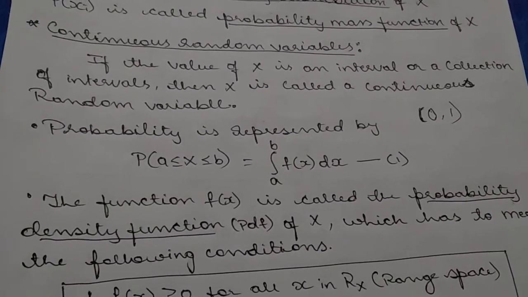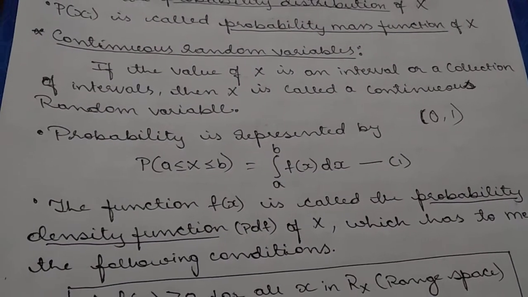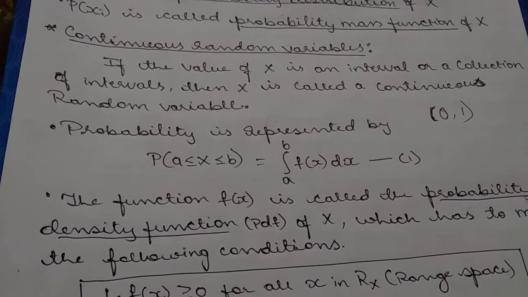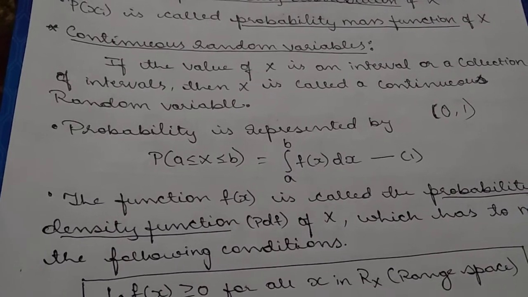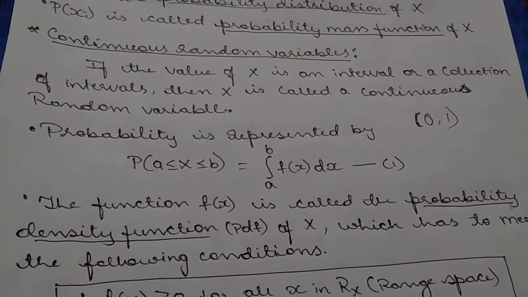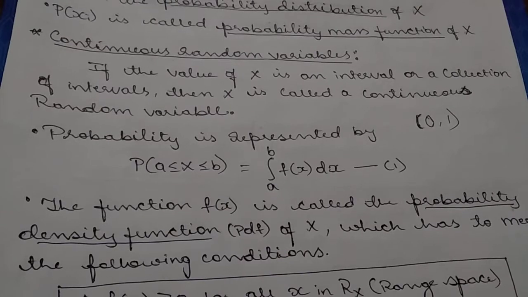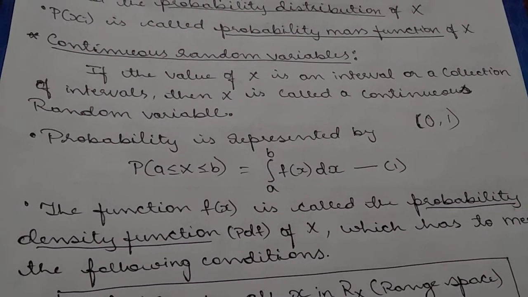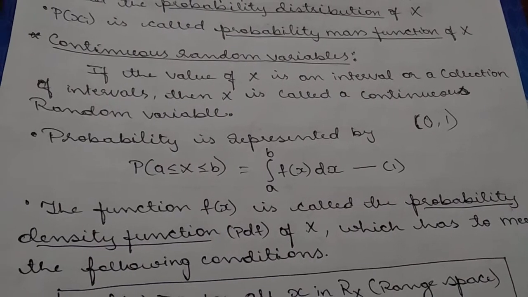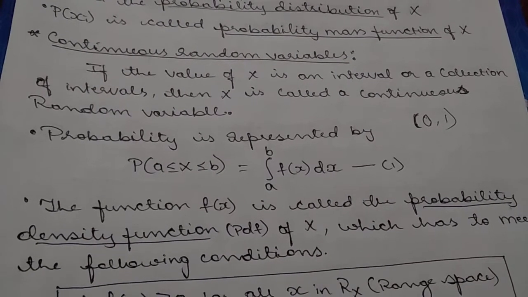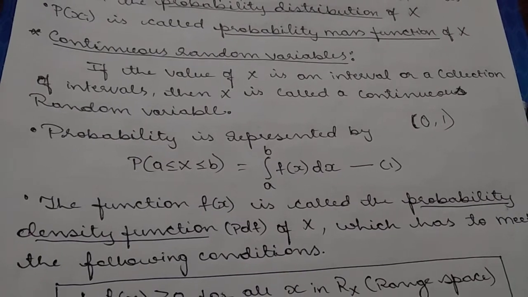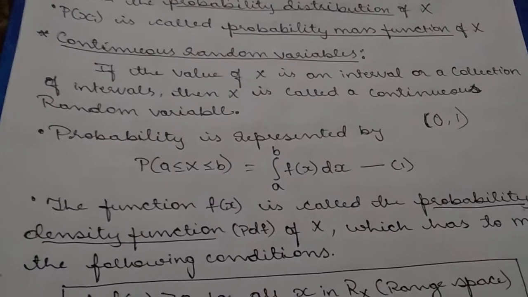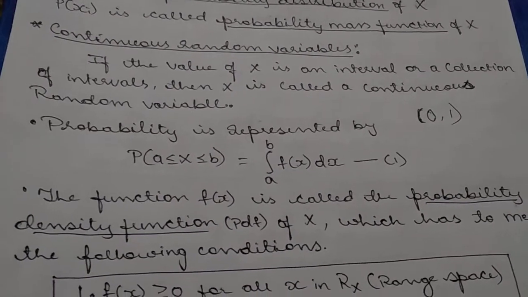Discrete random variables will not have any interval. For example, if I'm not specifying anything inside the random function, it will generate the random number on its own. We cannot give any interval. That is called discrete. You cannot predict what random number is coming. But in continuous random variables, if you specify from 0 to 1, only numbers from 0 to 1 will come. Or if I specify from 50 to 100, then only numbers from 50 to 100 will come. The numbers will come within that range. That is continuous random variables.